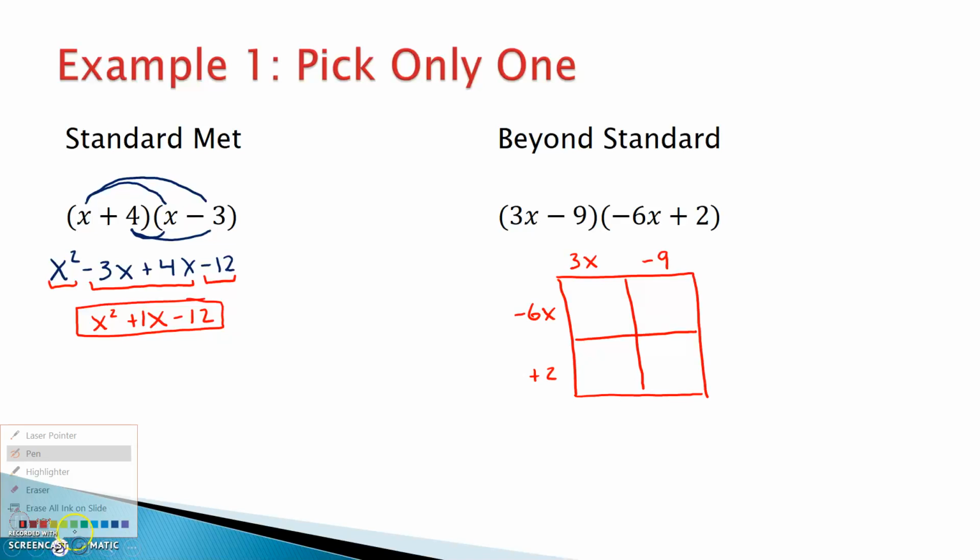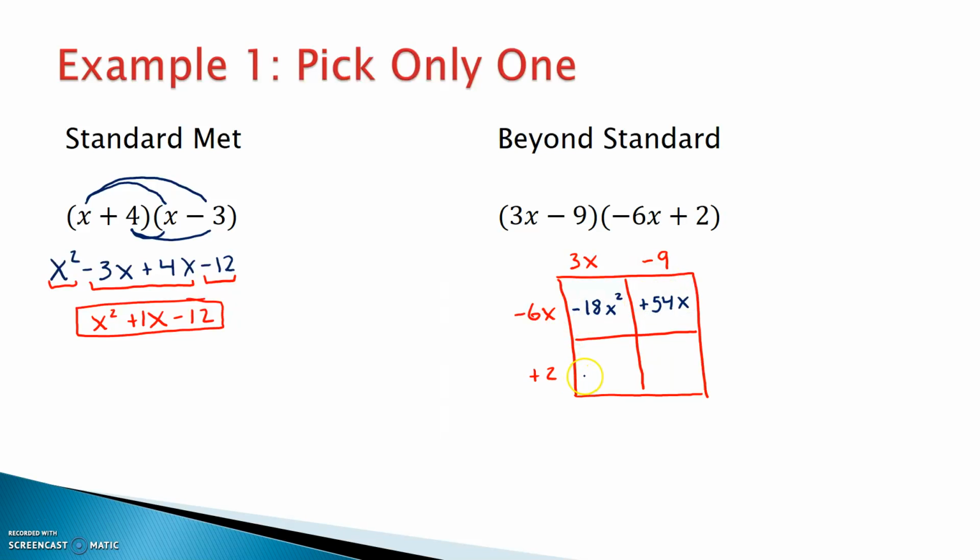All right, now how do I get the stuff on the inside? I have to multiply straight through. What is 3x times -6? Well, 3 times -6 is -18. Now, x times x is x to the second power. Again, watch out with that exponent. Well, let's get this box here. -9 times a -6. Negative times a negative is a positive